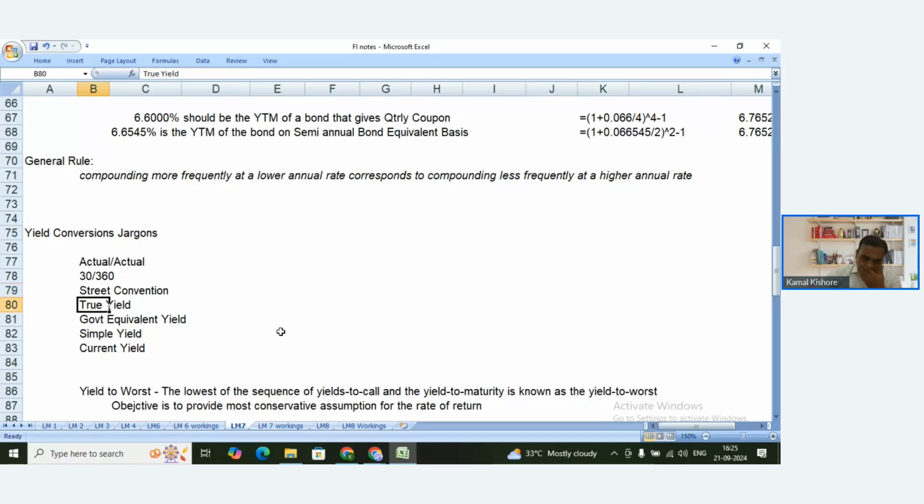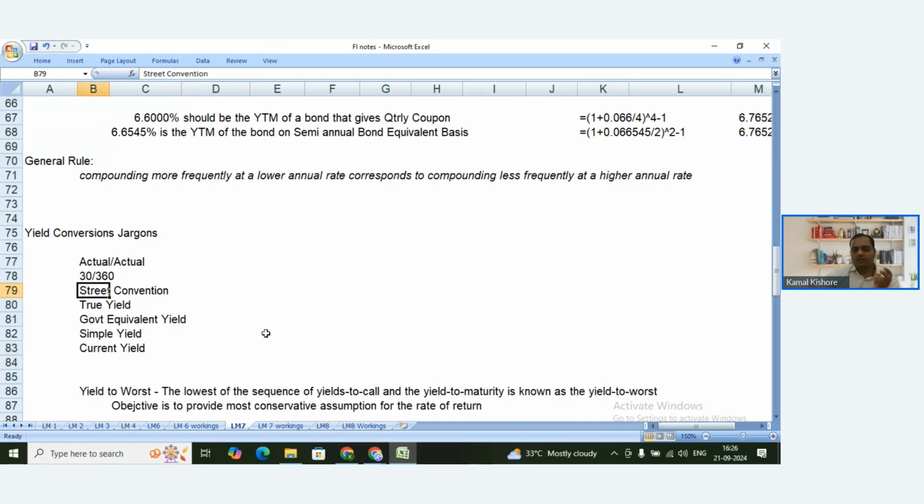True yield. Government equivalent yield. Simple yield. Current yield. Okay, coupon divided by price, flat price. Okay. Now,